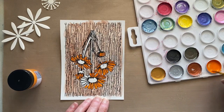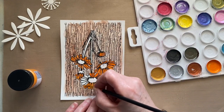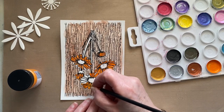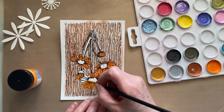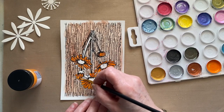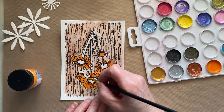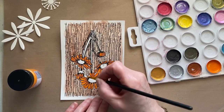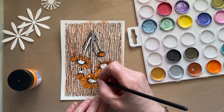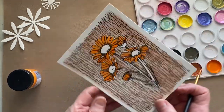Nearly there. You see that, you don't need to dip very often into your powder. You can colour in loads of petals with one dip. And the paint's very similar as well, because both products are highly pigmented. One last little bit in here. And that's our daisies